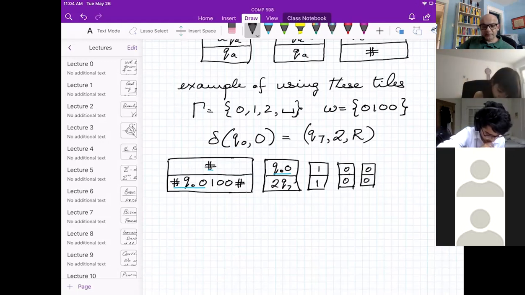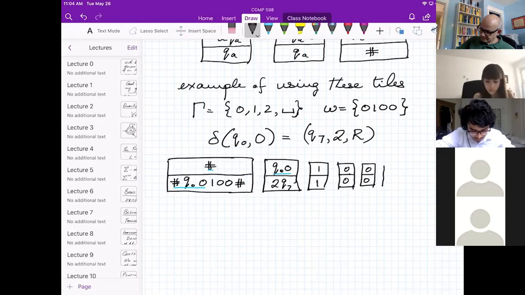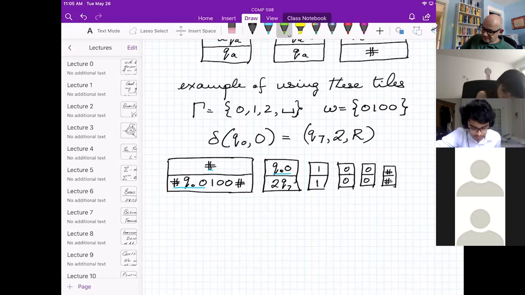Then we say, oh, we've got to match something with this hash mark at the end here. So we finally finished matching all these green things. But now what's left unmatched on the bottom?